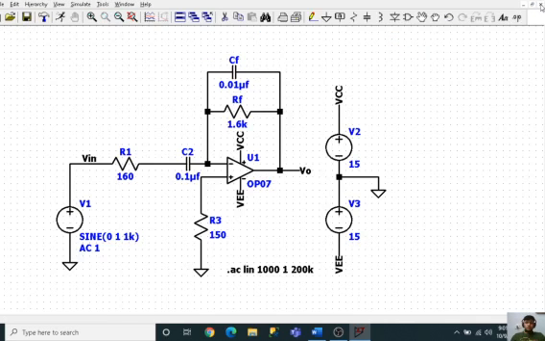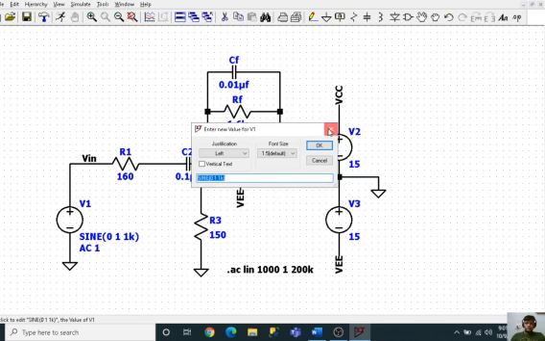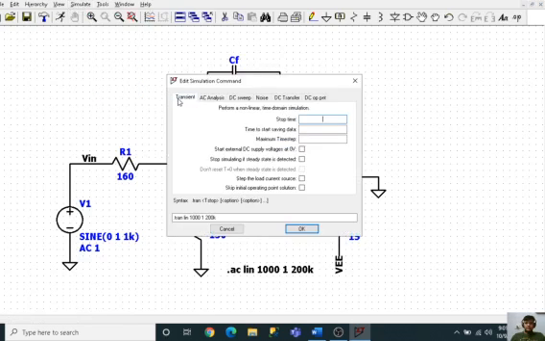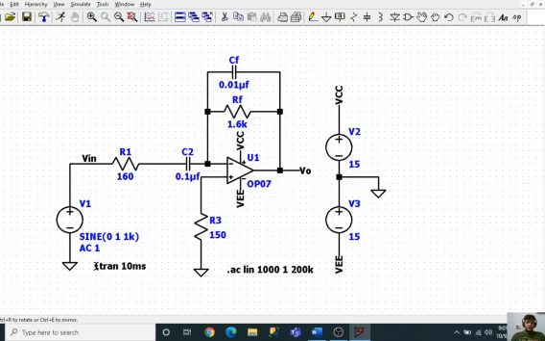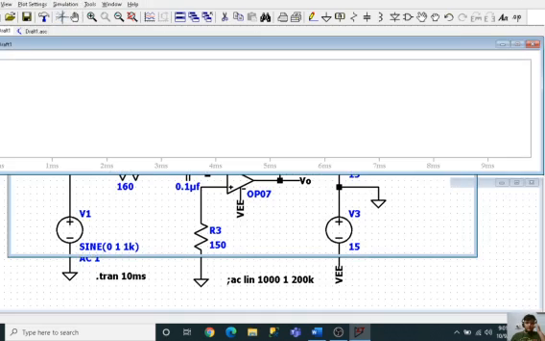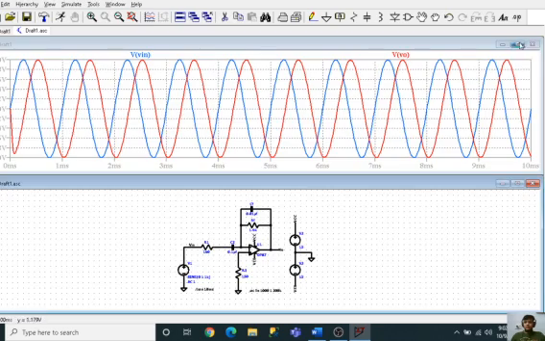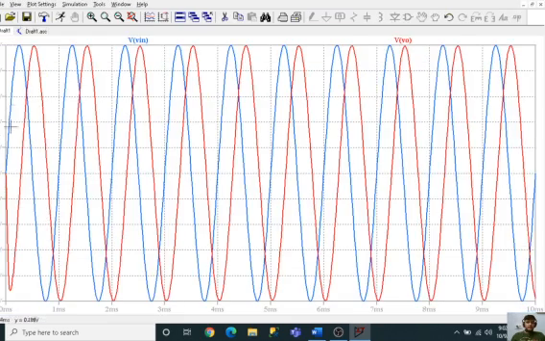So now if we want to do a transient analysis of the same, then we go to the sine wave, and make sure to go to simulate, edit simulation command again, and make sure we use transient. Over here we have used 1k, so let me take 10 milliseconds as stop time. So now we will be doing a transient analysis. I will run it, I will be giving input, and here I go, this is my output. So this is the input, and as we know, if the input of a differentiator is a sine wave, the output is always a cosine wave.